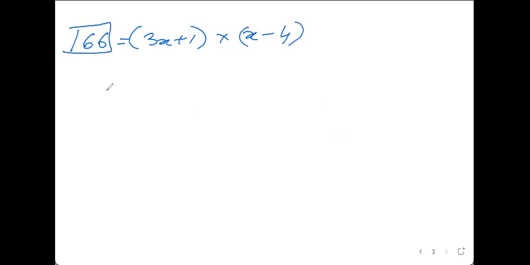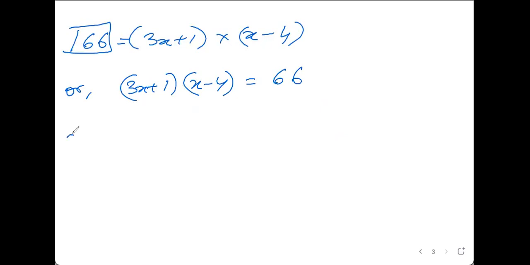Then before we go to the next immediate step of the answer, which we cannot do when we write this answer in our answer sheets, what we have to do is, we will say or 3x plus 1 into x minus 4 equals 66. This step we will write. It is not in the question, but it is necessary to write, otherwise everything will become messy. Don't do this in the rough and then bring it here. No, don't do that. Write it in the fair.